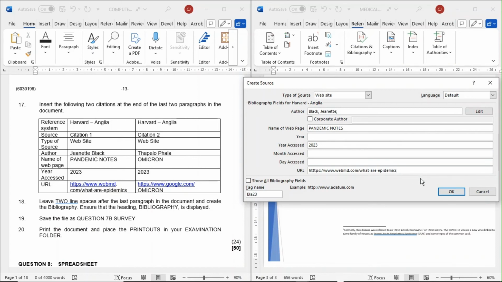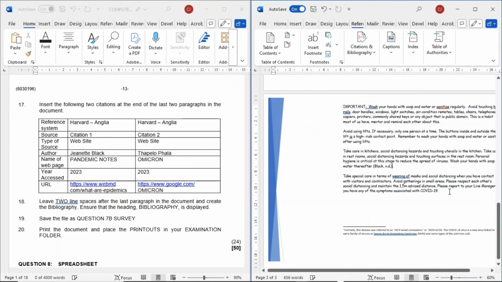There's your first citation. No days exist, only the year exists. Then you press OK. First citation is in.